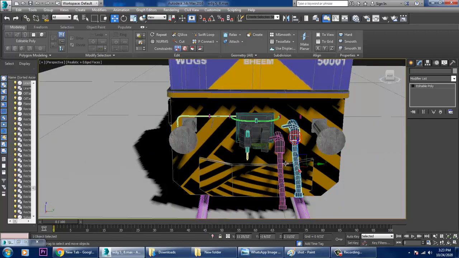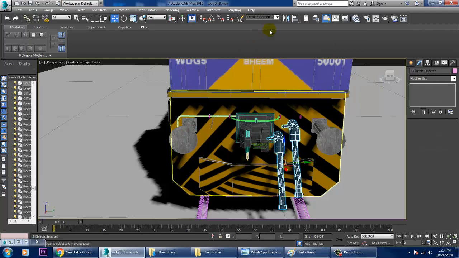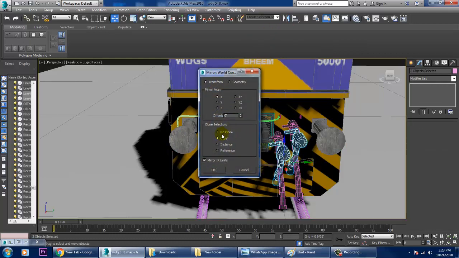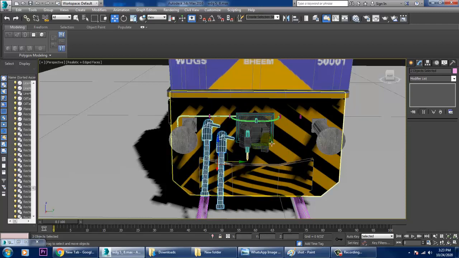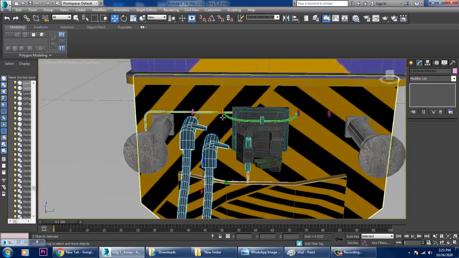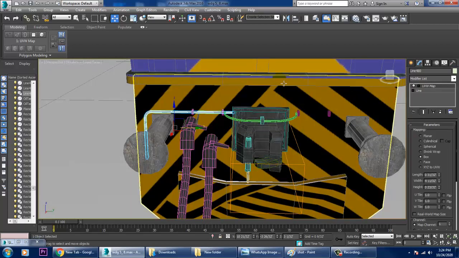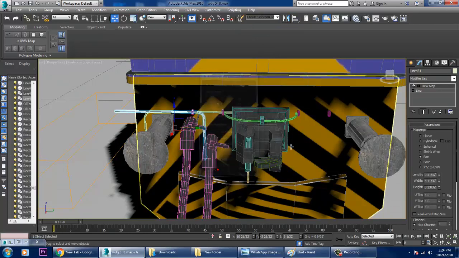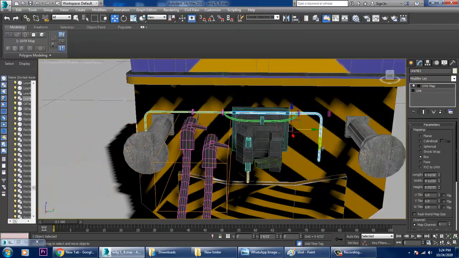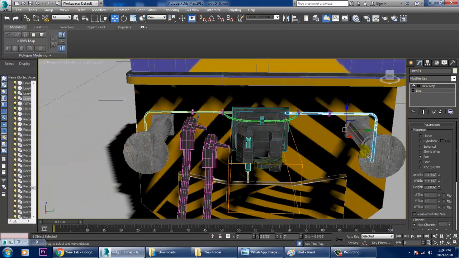We can select this and mirror it in this axis, and drag it over here in this way. Just mirror it again, copy it in the y-axis, and drag it in this way.